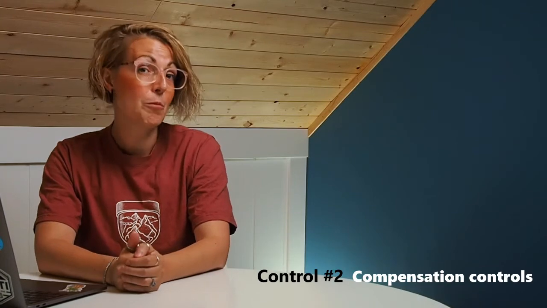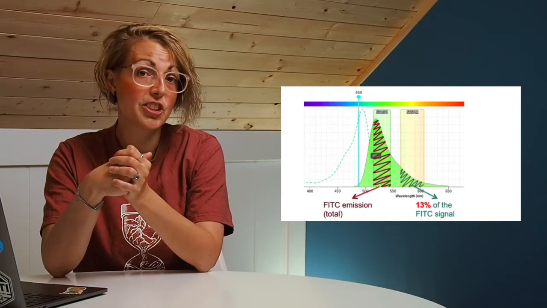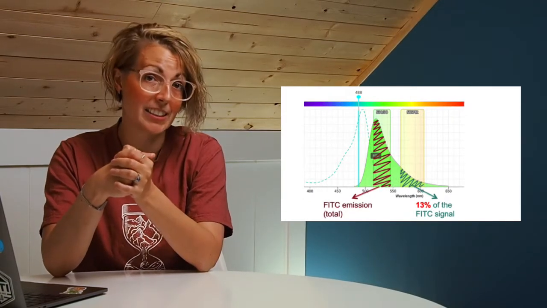If you're only using one color, you're in luck. You can skip these. However, anytime you have 2 or more colors in your experiment, you will need to run compensation. As a quick review, compensation is essentially correcting for the spillover of fluorochrome emission into channels in which you don't want to be detecting the fluorochrome.